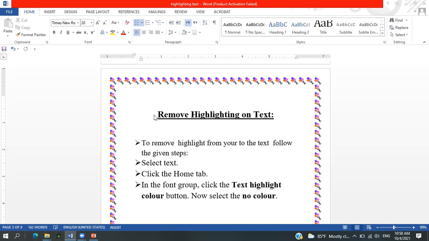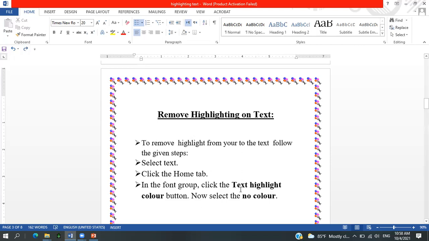You can see here I have this text. I want to remove this T. I bring my cursor to the left of it, and when I click the Delete key, see, this has been deleted. And if I want to delete with the Backspace key, I just need to place my cursor to the right of it. Now I move the cursor to the right of the T and use the Backspace key. You can see it has been deleted.